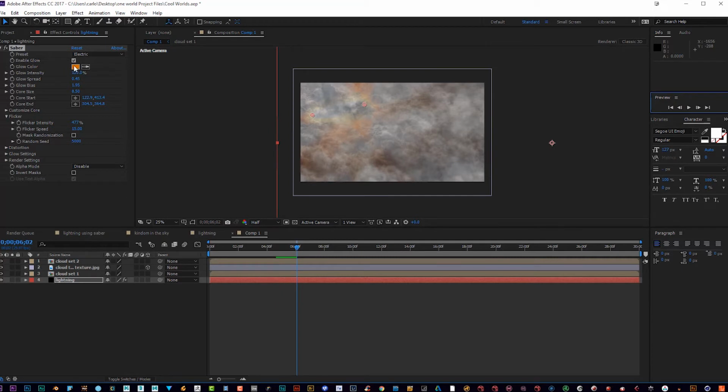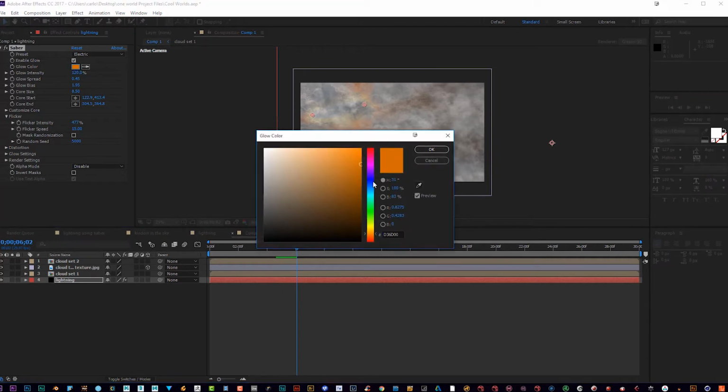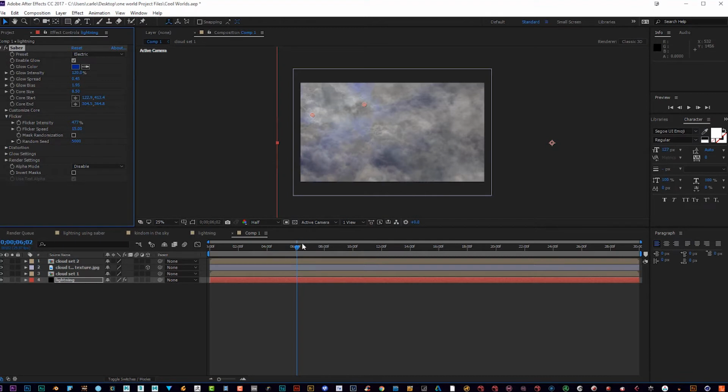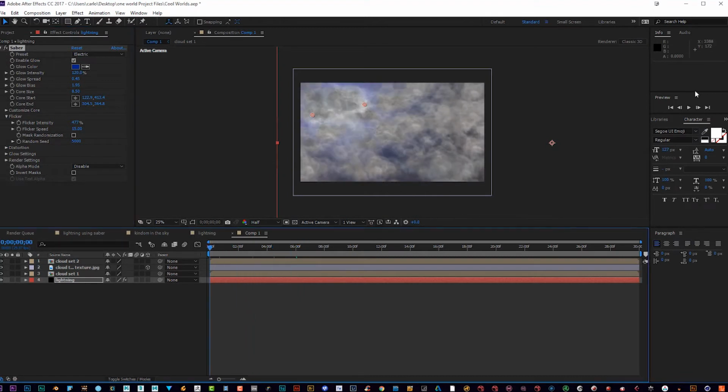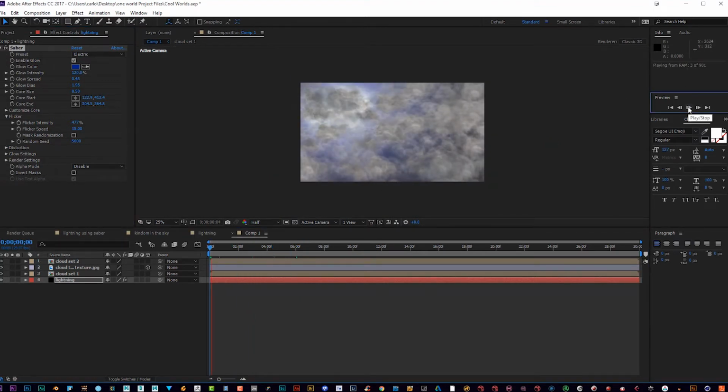And the great thing is you can come into your colour and you can change the colour, say to a blue or a dark blue. Just push this up, click OK, and whatever colour you change it to, you're going to get that really cool flashing lightning effect without using an advanced lightning effect in After Effects. So Saber does have some very, very cool uses, like I just said, apart from, you know, creating lightsabers and